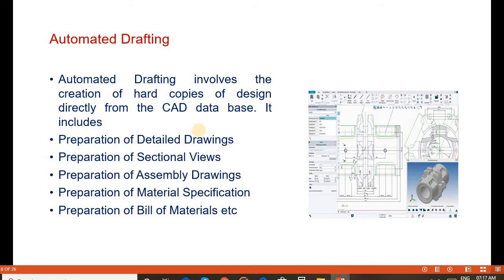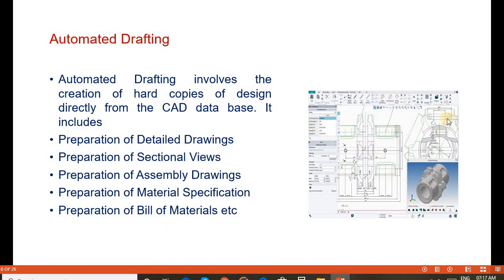These activities are stored in the CAD database in the form of graphical images, or in the form of mathematical descriptions which can be converted into graphical images. This figure shows the various drafting of the different components for this 3D product.